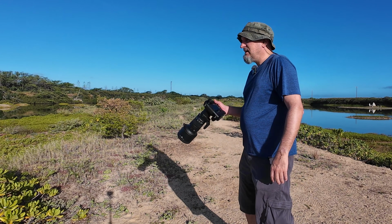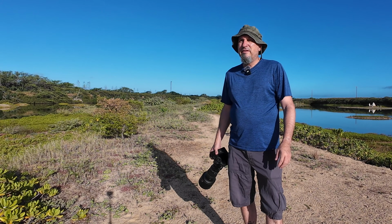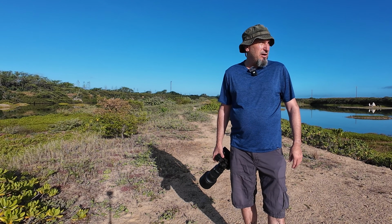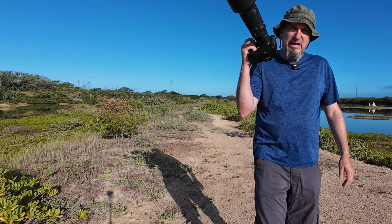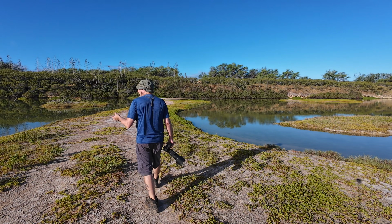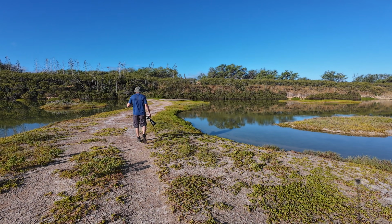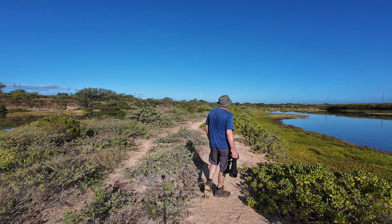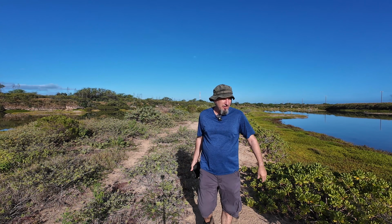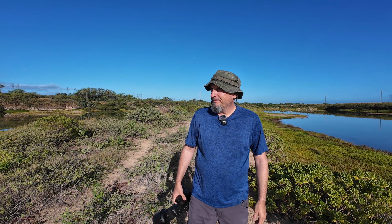Okay, yeah, let's go back and look at the files from this morning's bird shoot. If I see anything on the way out, we'll stop and photograph those birds as well. But all right, let's go back to the gallery. Well, now we're going back to the car for sure, I promise. Maybe we'll stop and photograph the nene on the way. But this was